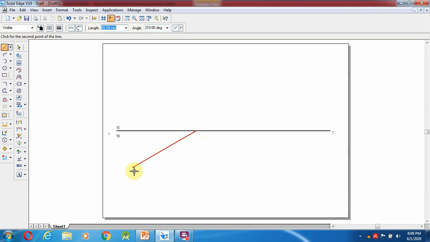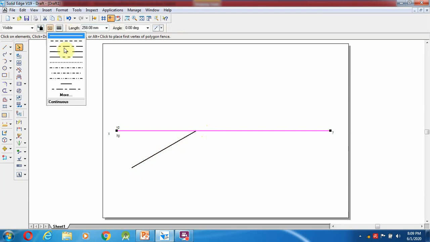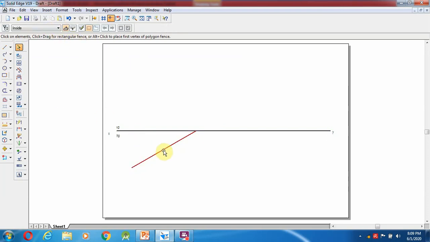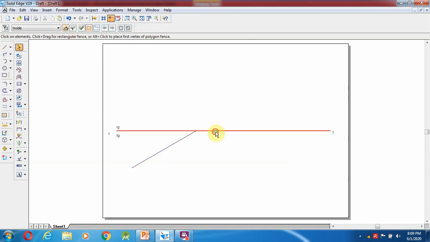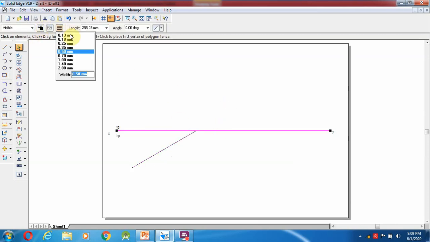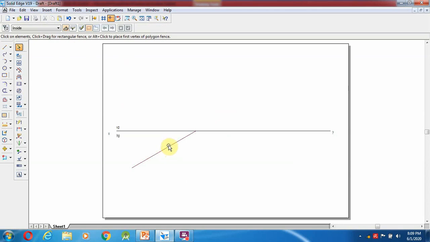The axis line we are going to maintain as a 0.35 mm axis line, and this line for projection lines and reference lines we can draw as this one.